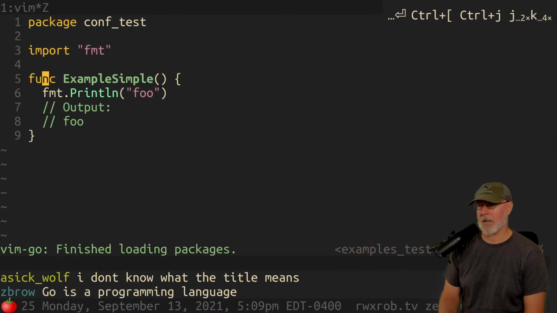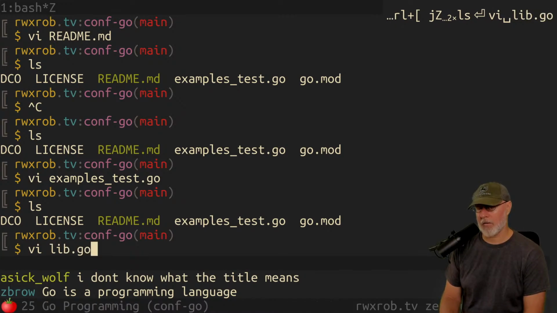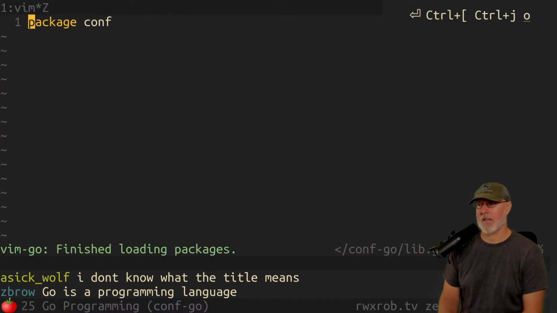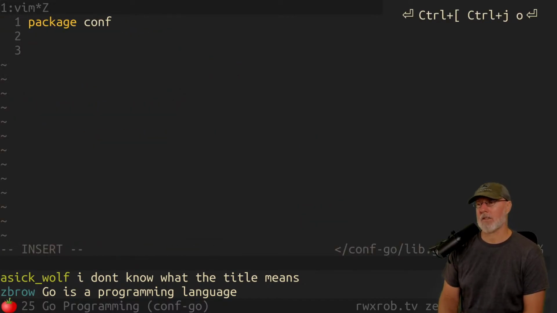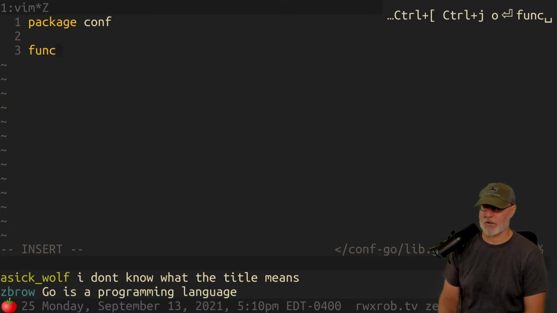So what do we want to have? I'm kind of crossing the fence here. I have a convention, I name it lib.go, just to tell myself right away, this is a library and not a command, a library package that is. And then we need to actually write a function. So let's write a function here. What is this function going to do?